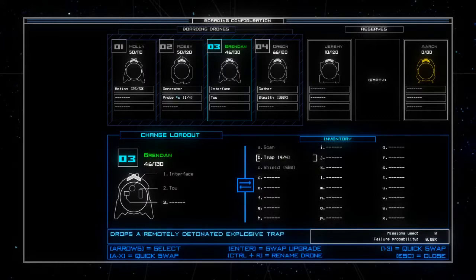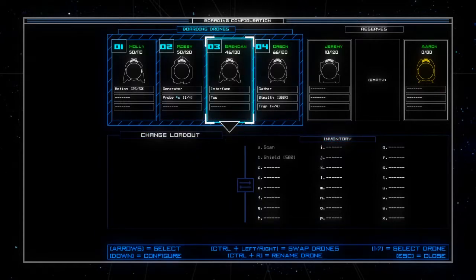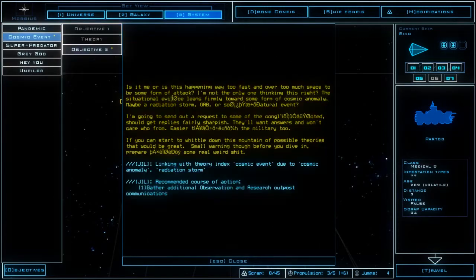Shields, explosive trap might be useful. If I did, it would be good to have on Orson. Maybe. Right now, Brendan's just good for towing and for interfacing. Robbie is very useful for the generator and probe. Oh yeah, it just lets me know that I have updated the objectives. So the cosmic event...